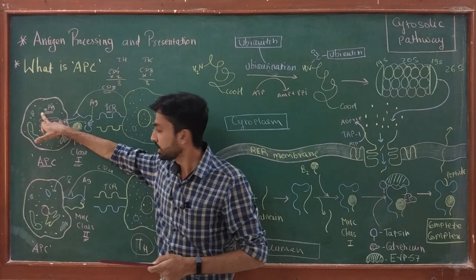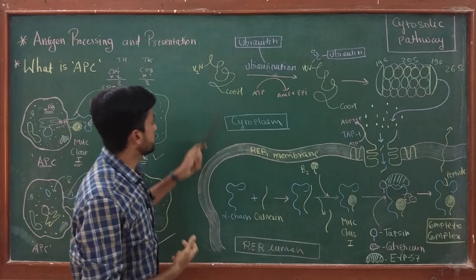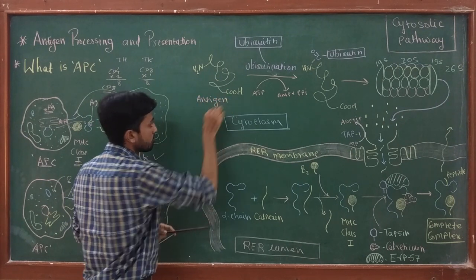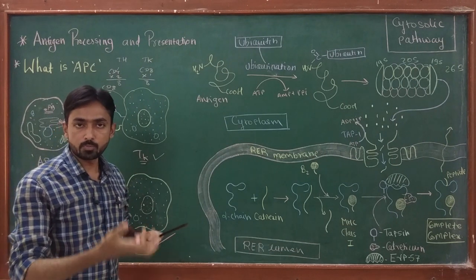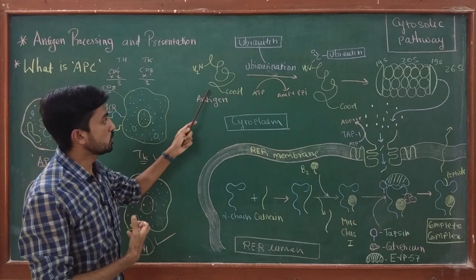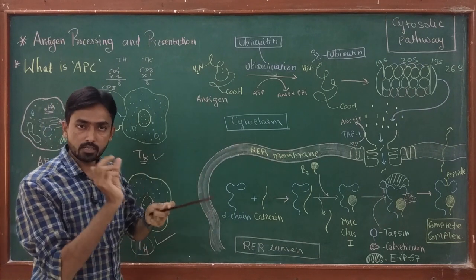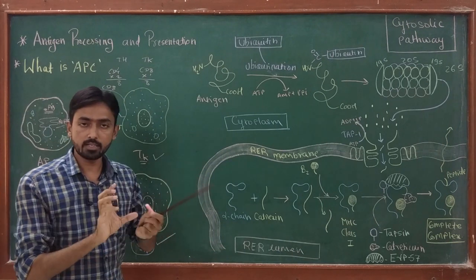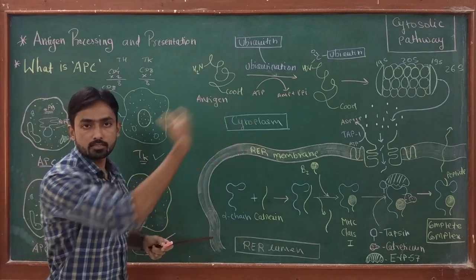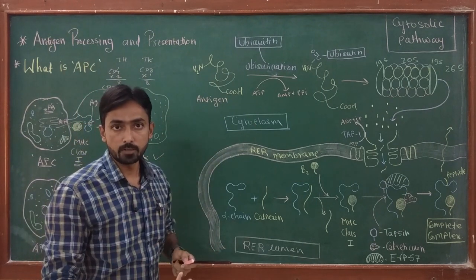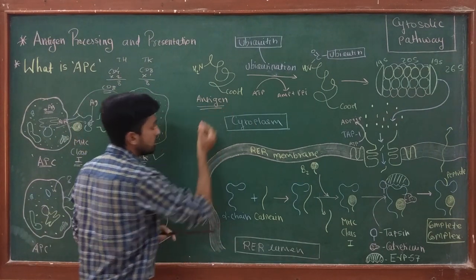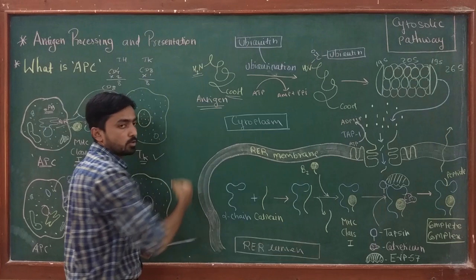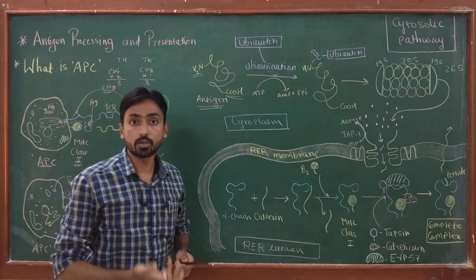When an antigen is present inside the cell, antigens are nothing but proteins. Okay, so if this is an antigen or abnormal protein which is present in the cell, and now the cell wants to process this antigen and present a part of this antigen on the MHC class 1 molecule. Once this antigen is presented on the MHC class 1 molecule, the T killer cell can recognize that antigen and get activated. Okay, so if this is an antigen and it is a protein, then a protein always has a carboxy terminal and an amino terminal. Proteins are the polymers of amino acids.